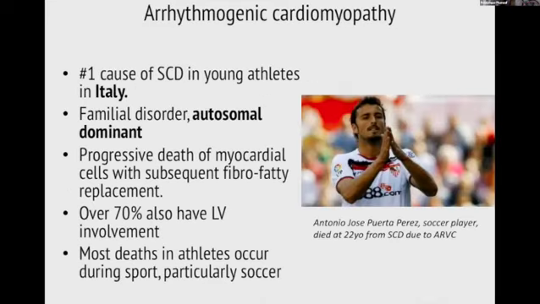Arrhythmogenic cardiomyopathy, the commonest cause of SCD in young athletes in Italy. It's a familial disorder, autosomal dominant, and mainly caused by mutation in genes encoding several cardiac proteins. Histologically, it's characterized by basically progressive death of myocardial cells, and that is then replaced with fibrofatty tissue. Originally it was called arrhythmogenic right ventricular cardiomyopathy, but it's actually a misnomer because it was predominantly